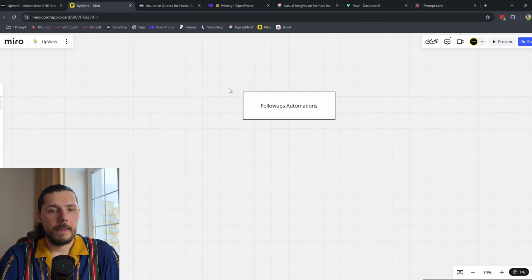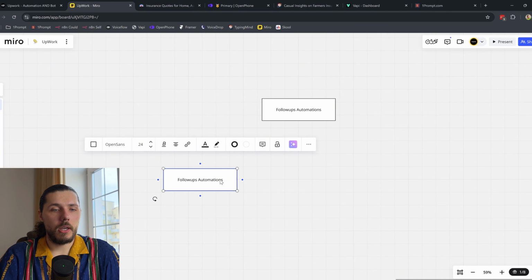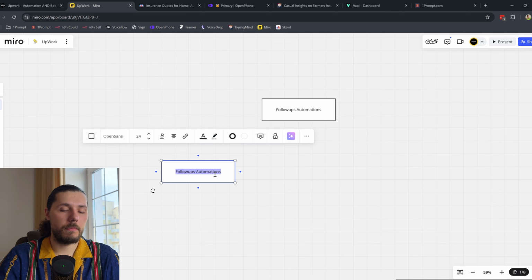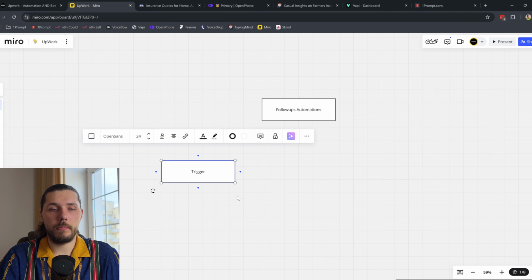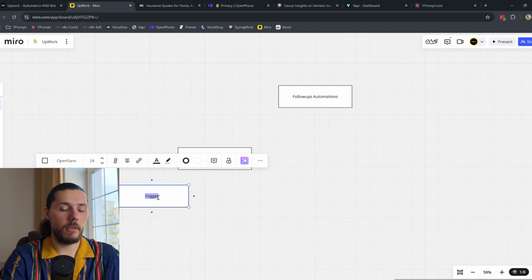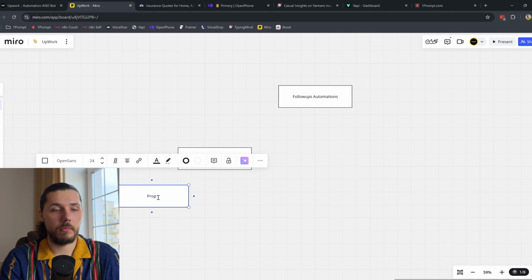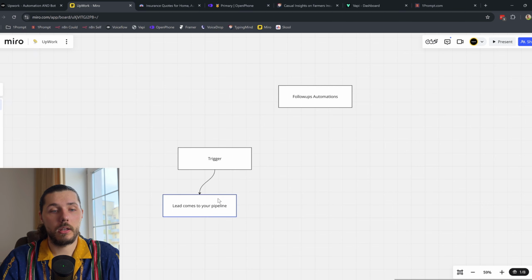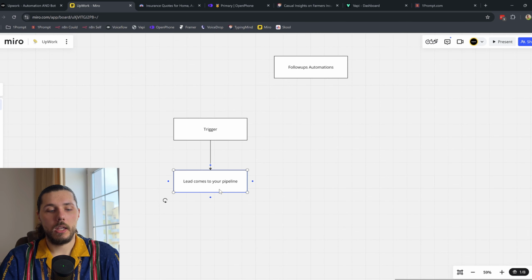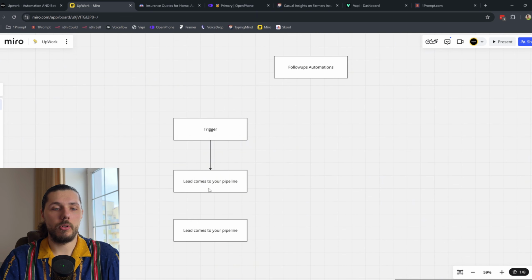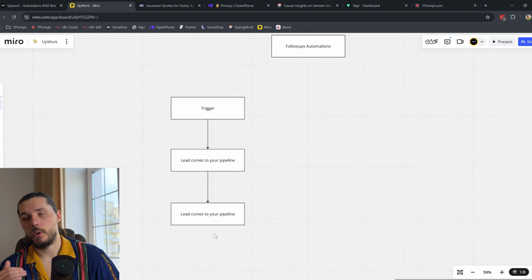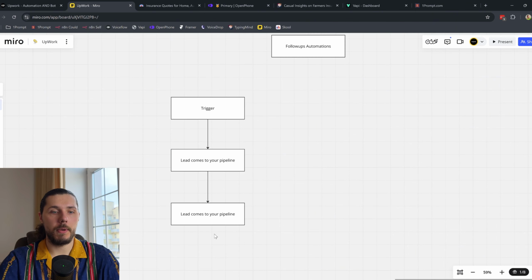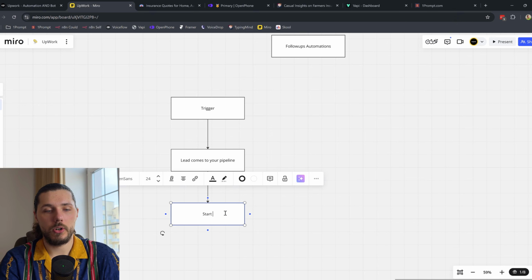Okay, we don't need to save this one. So for the follow-ups, we have what? We have a prospect. There is a trigger, right? The follow-up always starts with a trigger, and there's a prospect or lead. Let's call it lead. Leads come to your pipeline. There are multiple triggers, and then we're starting the actual outreach ourselves, right? So you're sending the message, and this could be start engaging,